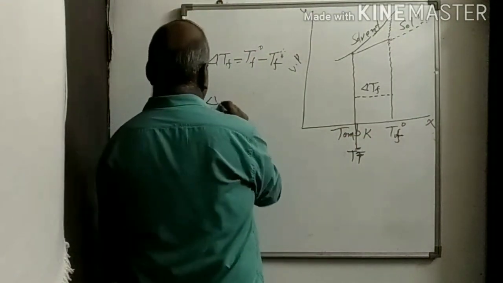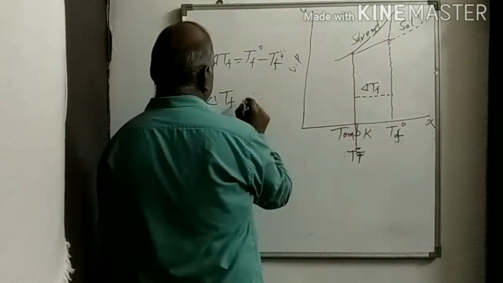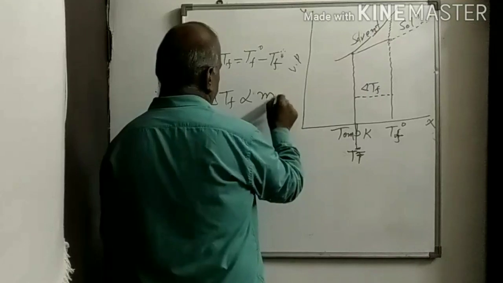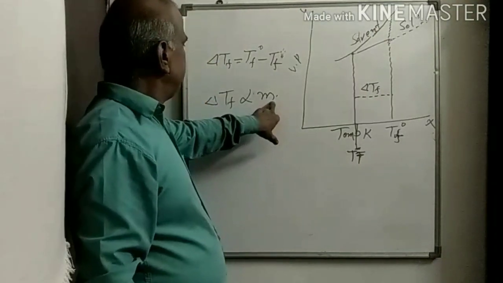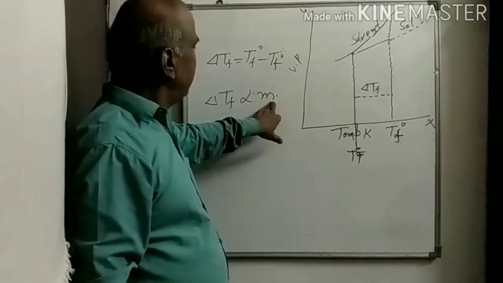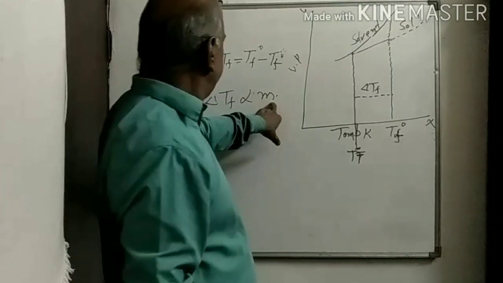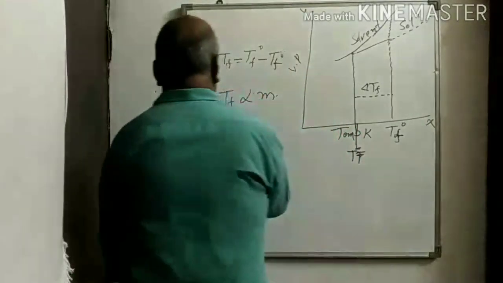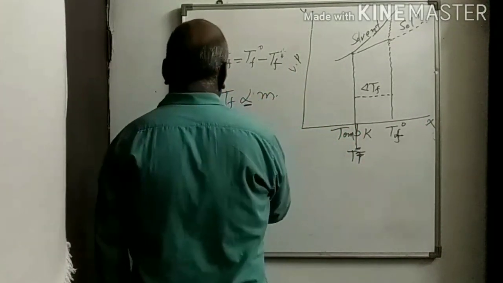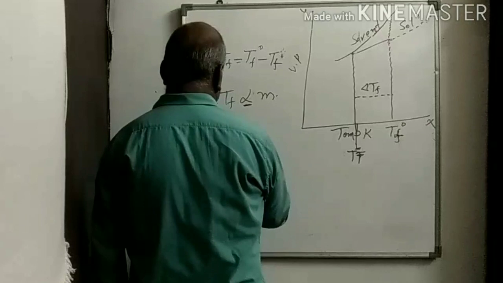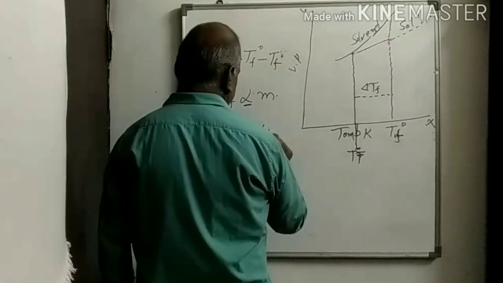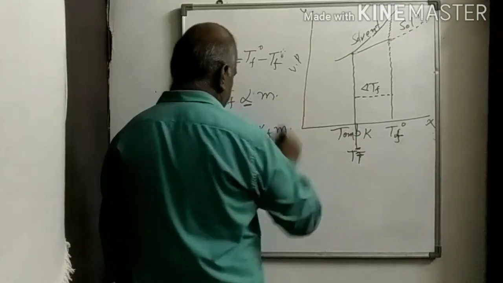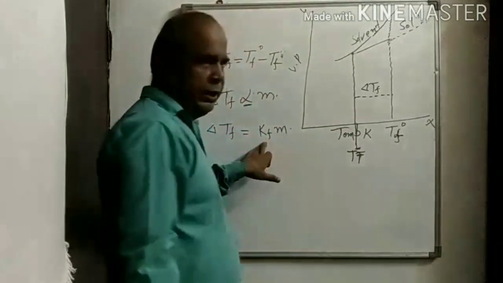That is why delta Tf is proportional to m, what I had told you before, m represents the molality. Now this proportion can be removed by using a constant, that is Kf into m, where Kf is a constant,